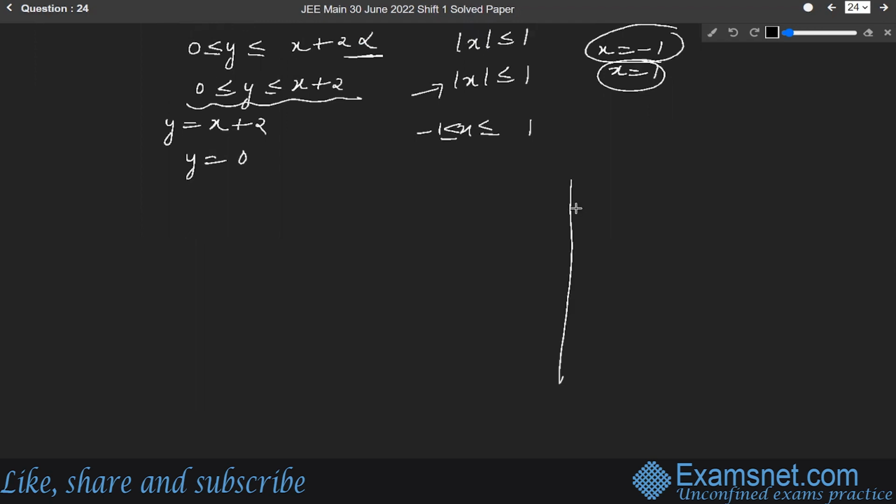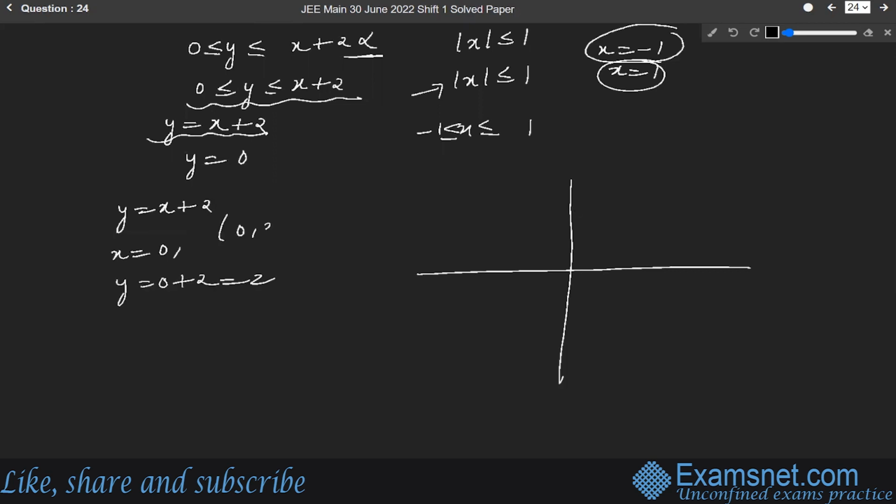So let us consider this as the coordinate axis. Let us draw a line for y is equal to x plus 2. Firstly, let us put some values. If we have y is equal to x plus 2, and if we put x is equal to 0, then y will be equal to 0 plus 2, which is 2. So when x is 0, y is 2, right? So this is one point. It means that this line will intersect at y is equal to 2. So let us consider some points here, 1, 2. If it intersects at y is equal to 2, then this will be the line, right?